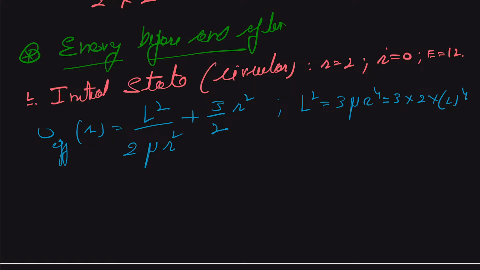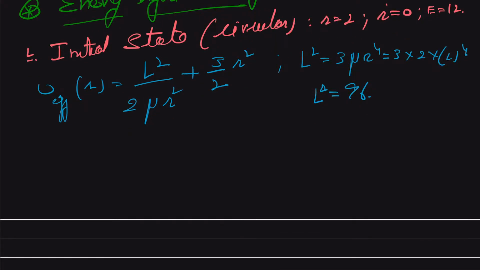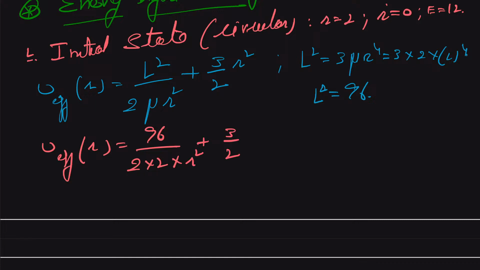Therefore, we get that our L square is equal to 96, and the effective potential at distance r will be equal to 96 upon 2 times 2 times r square plus 3 by 2 k r square, and if we substitute the value of r equal to 2,